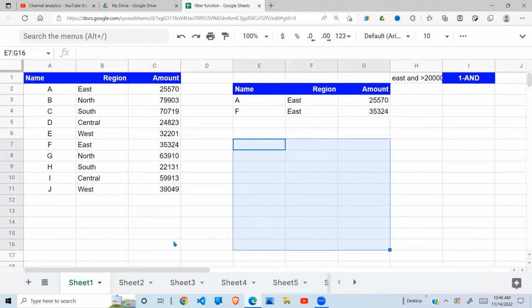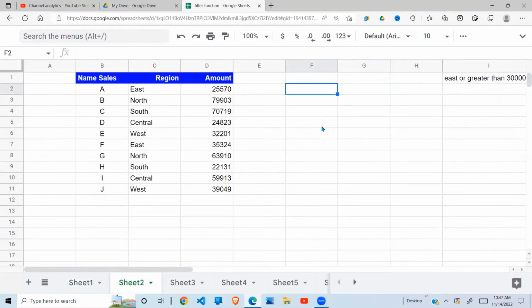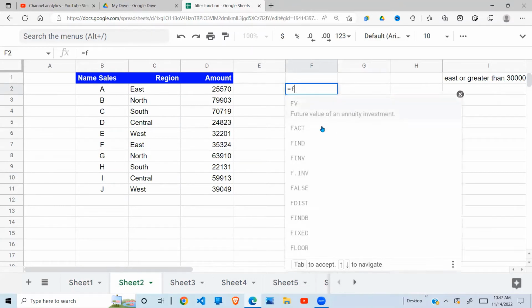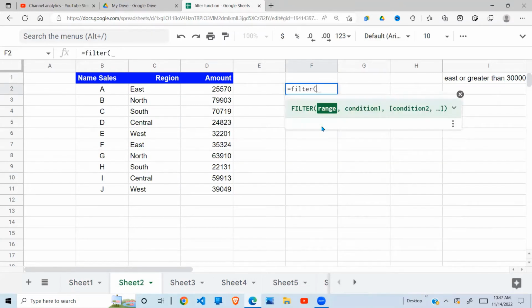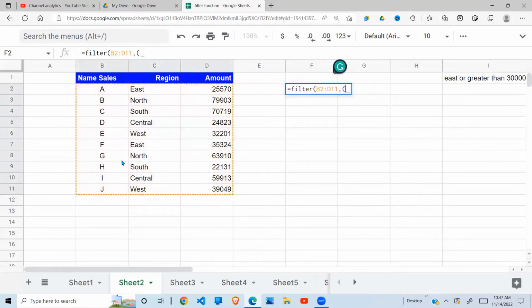Use case number 2. So let's see how this one works. We're going to say, select the range we want to return. And we are saying we need that column to read East,